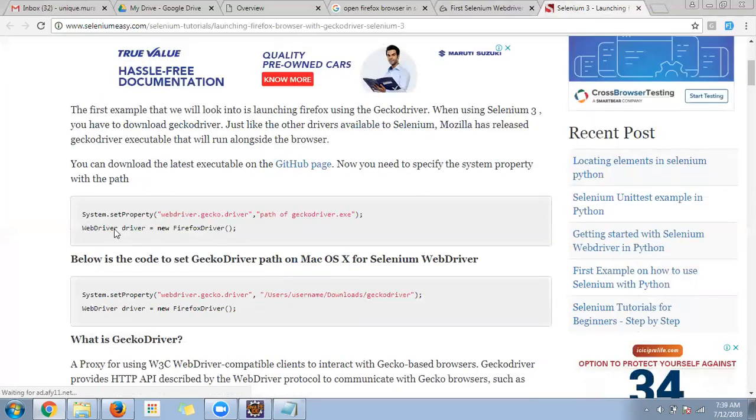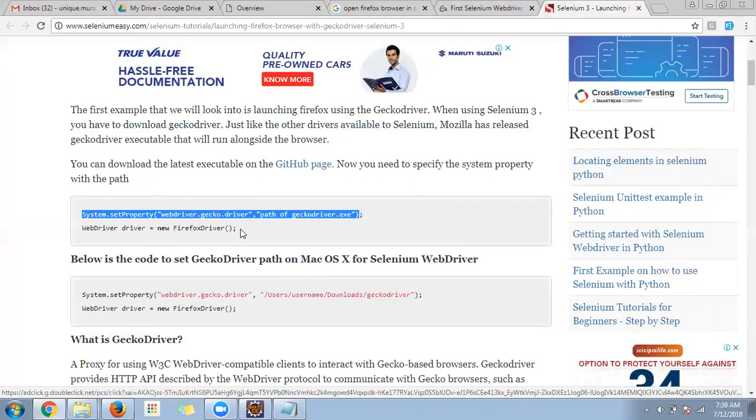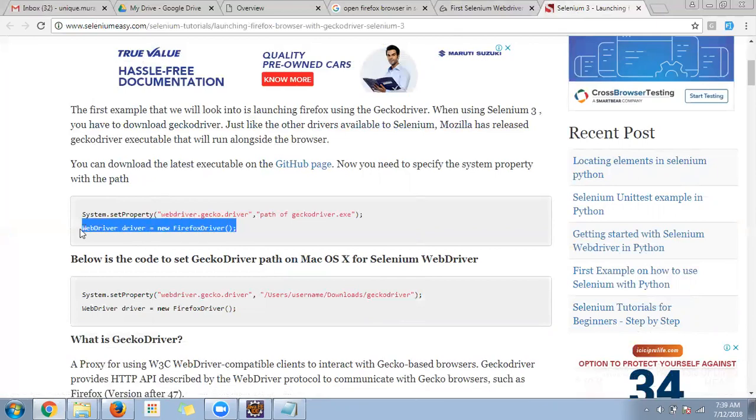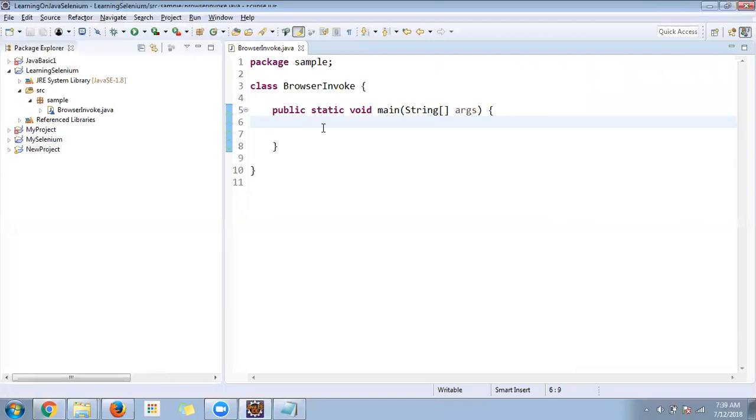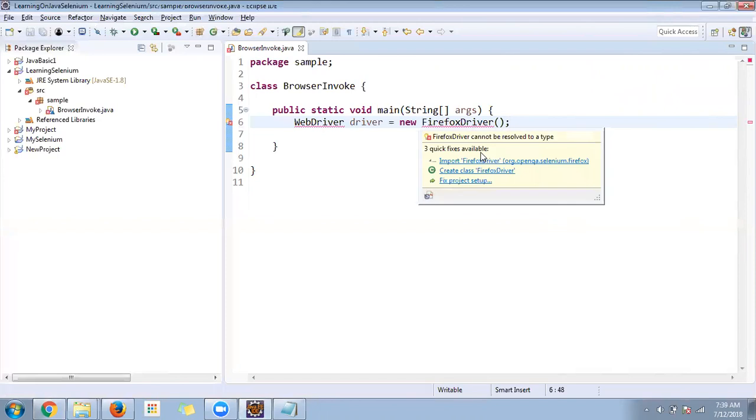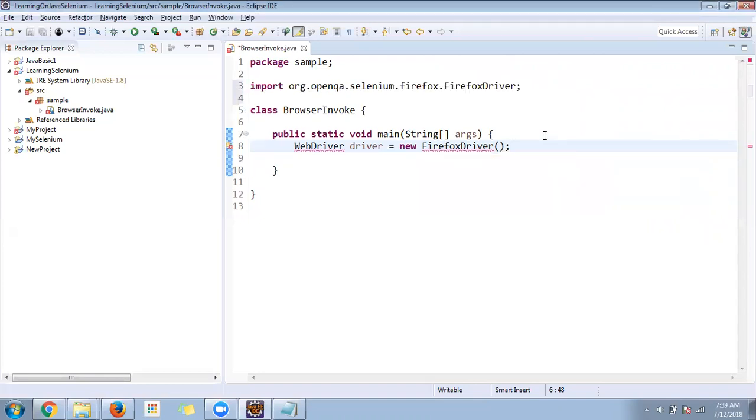WebDriver driver is equal to new FirefoxDriver. Before that, we have one more command here that we will see later. For now, I'll copy this code and paste it here. WebDriver driver equal to new FirefoxDriver. When I type it, it's throwing me an error. When I mouse over, it's showing import FirefoxDriver, org.openqa.selenium.firefox. We have imported this class from this package so that I can access all the public members